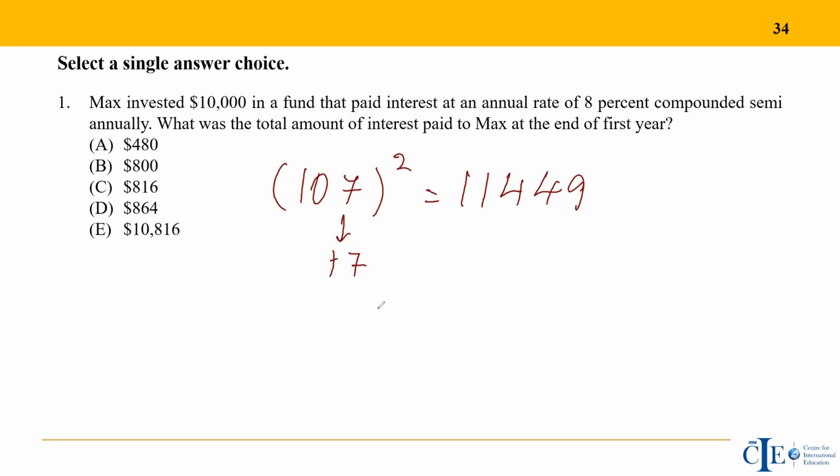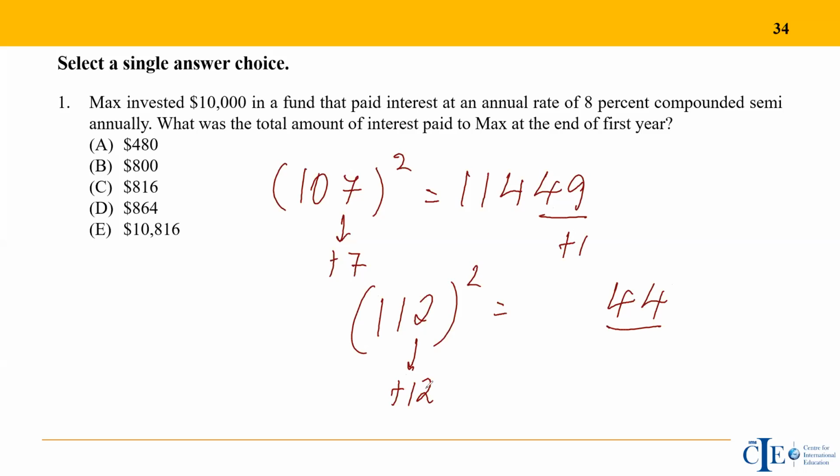If it is 112 the whole square, see the difference is 12, square is 144. Now you need to write only the last two places, right? So that's 44, and 1 carried. You should fill only the last two digits of this square here. So from 144, write 44 and carry 1. 112 plus another 12 is 124, and with the carry, 125. So therefore, the 112 square is 12544.